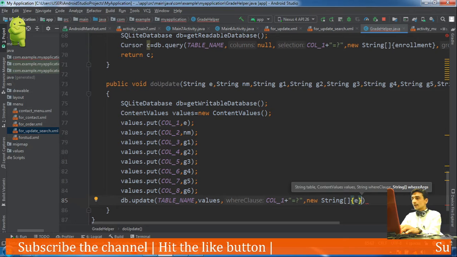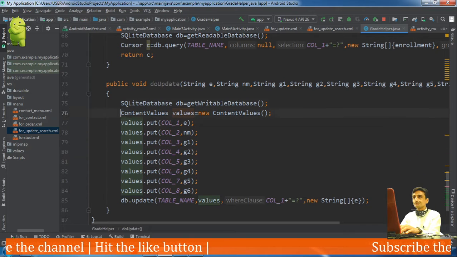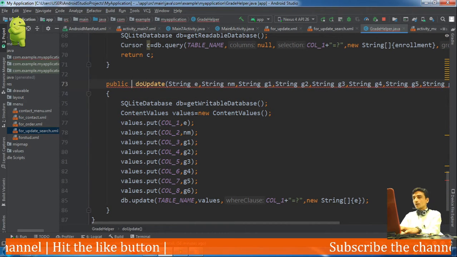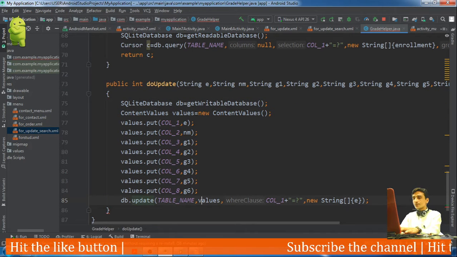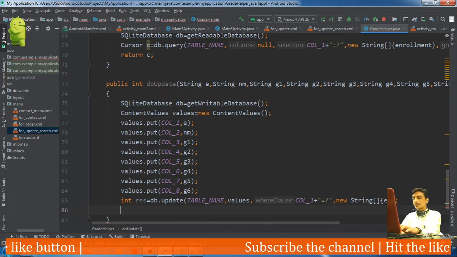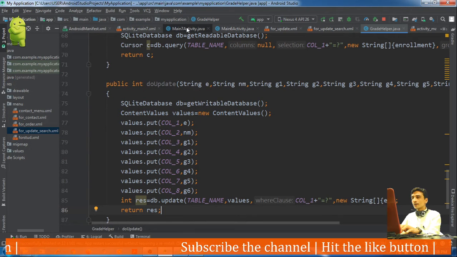Okay, this method returns an integer, that is the number of records updated. So we will set it as a return value. Okay, we will send it to the activity. So do update will be called from our